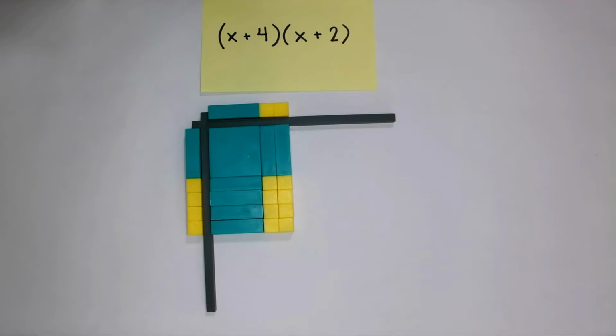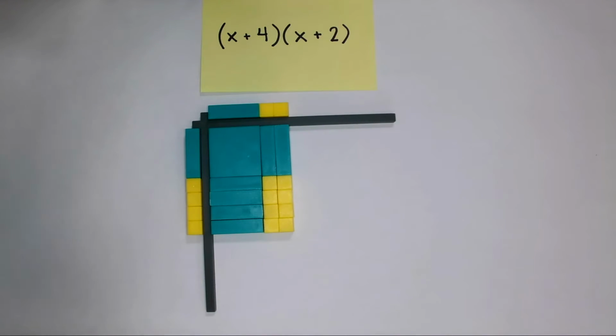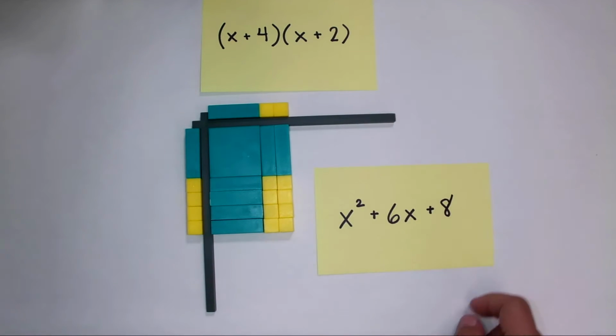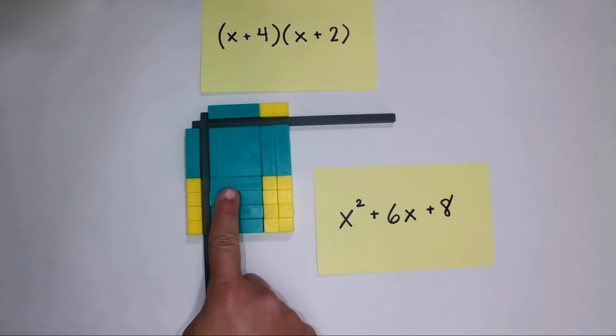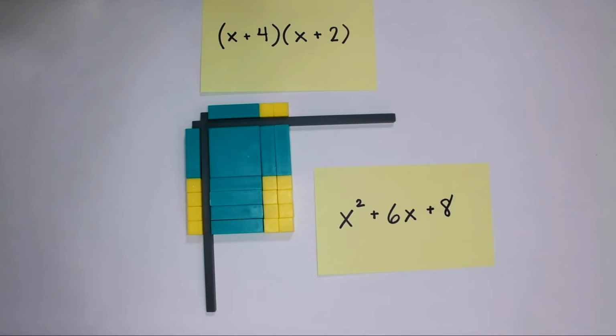Once students have had a chance to sketch this representation, you might then help them read the product here and then translate these manipulatives or their drawing into abstract notation. So they might generate something like this. And you can help them see where each of these terms is in this representation. Some students might even break out this 4x and this 2x here first before moving to the 6x term, and that's totally fine. At this point, students will have had the opportunity to engage with all 3 types of representations: